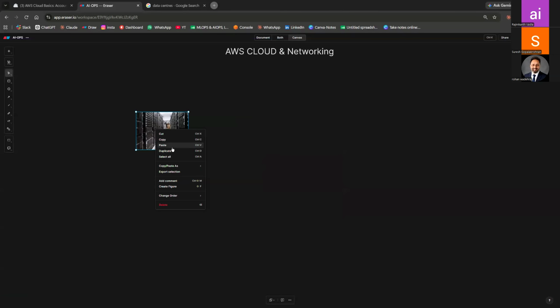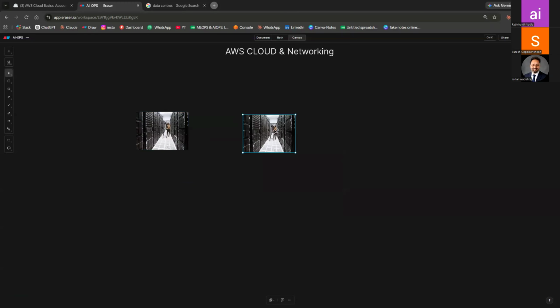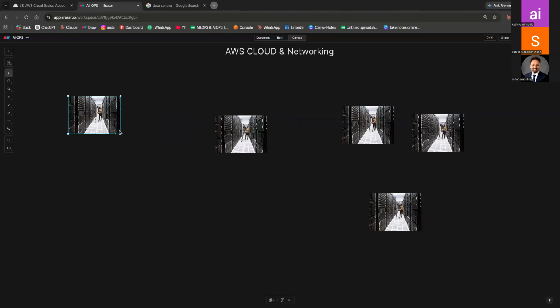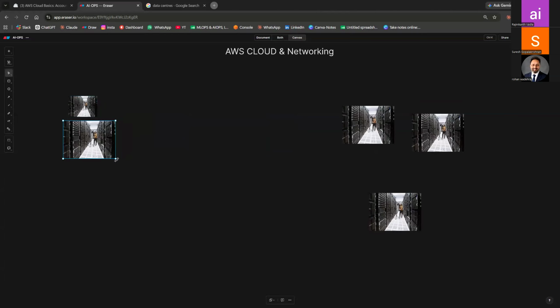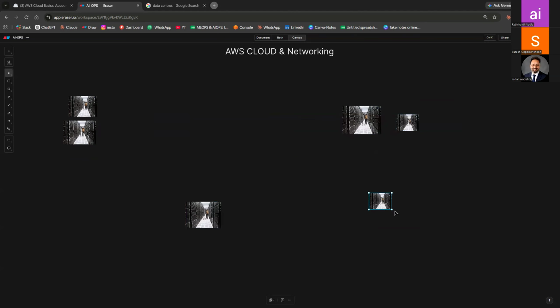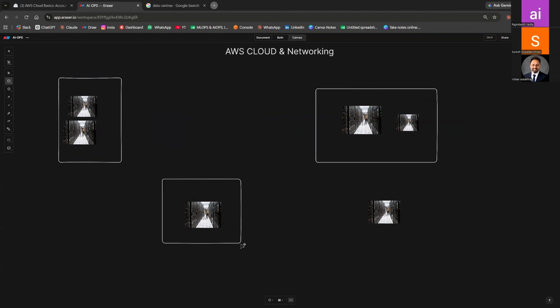AWS has created multiple data centers like this in each region. For example, they have created two here and two here, one here and one here, like this. Let's say this is one country, USA, this is Canada Central, and this is Tokyo or Ohio.